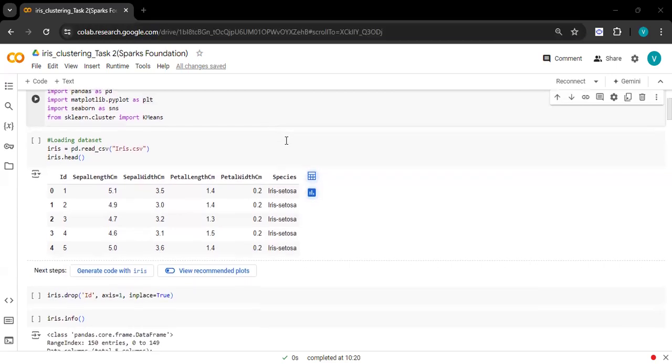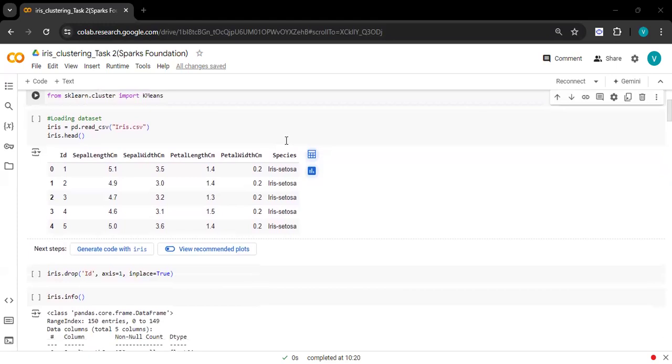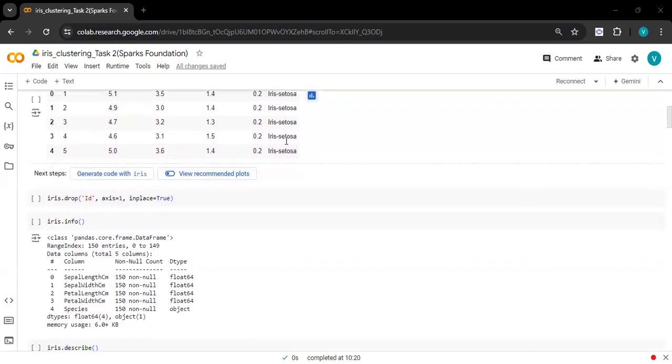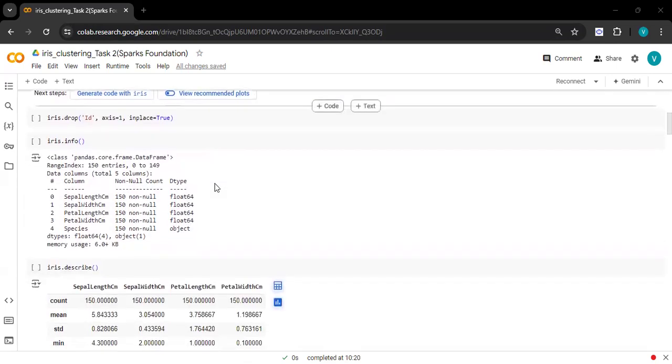Initially, I'm loading the dataset using the pandas library. Then I displayed the first five rows of the dataset. Now I dropped the first column, which is ID, which is not necessary. Here, when I print the info,